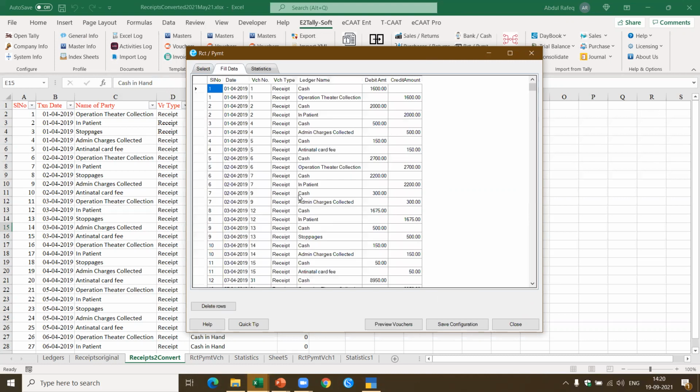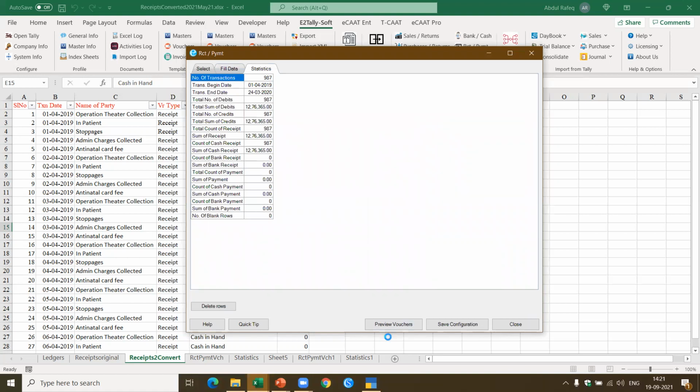Now this was assigned by a CA to his article clerk, and they just contacted us and we showed him how this could be done. And this conversion was all done and imported in Tally in 10 minutes, all the job was done. Whereas manually, you just imagine, 1,830 transactions had to be done, removing all the negatives, all the balances with nil, about 1,000 transactions. Just imagine even if it takes 1 minute per transaction, it would have taken about 15 to 16 hours. Whereas here we are able to do it in less than 10 minutes.